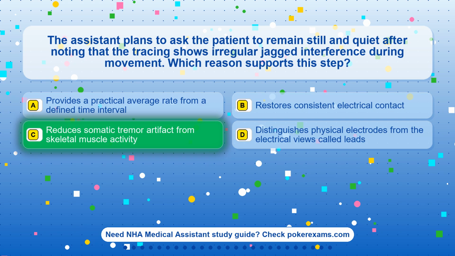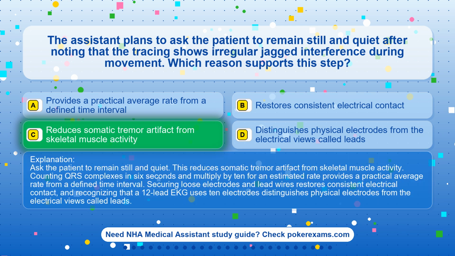The correct answer is option C, reduces somatic tremor artifact from skeletal muscle activity. Ask the patient to remain still and quiet. This reduces somatic tremor artifact from skeletal muscle activity. Counting QRS complexes in 6 seconds and multiply by 10 for an estimated rate provides a practical average rate from